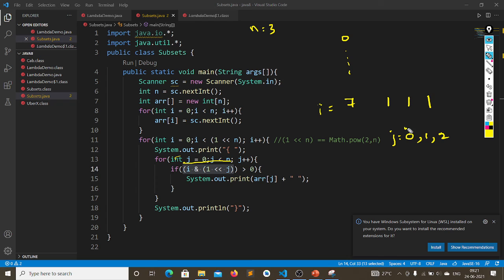First of all, my j will be 0 and my i will be 7. What I will do, I'm just taking 7 AND 2 power 0. It internally converts 7 into binary format and 2 power 0 into binary format. Then I did the AND, and I got 001. This value is greater than 0. Then I can say there is some element here, 1 is present here, so I can include that element. Now I'm printing that element.